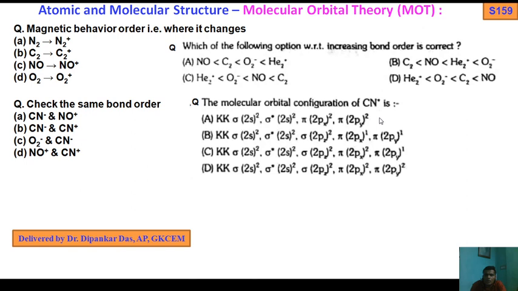The molecular orbital configuration of CN plus is KK followed by the orbitals; you have already found this MO electronic configuration here. This question is very important. Suppose four options are given for O2 2 plus: which MO orbital configuration will be correct out of the four, in the case of O2 plus, NO plus, CO plus, N2 minus or N2 plus? This is a very important question.